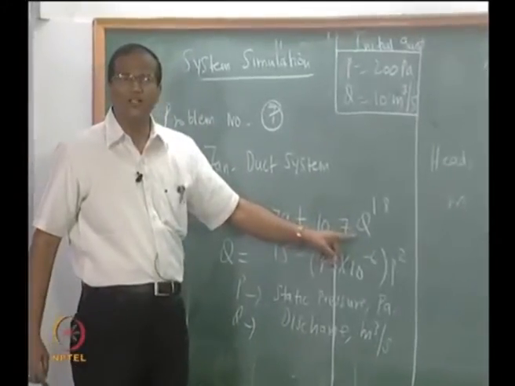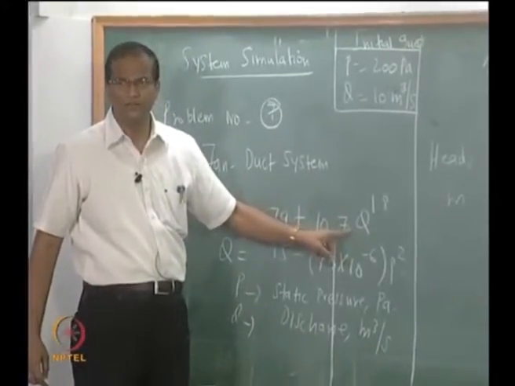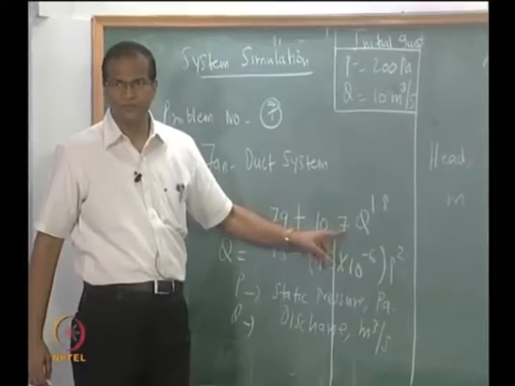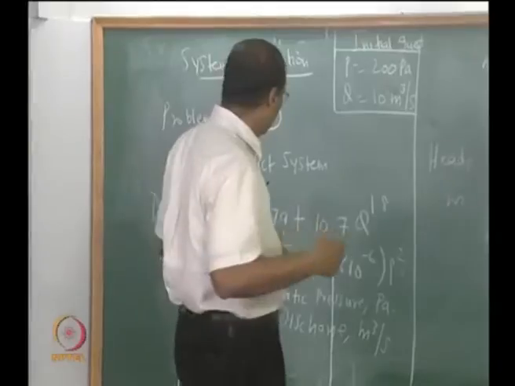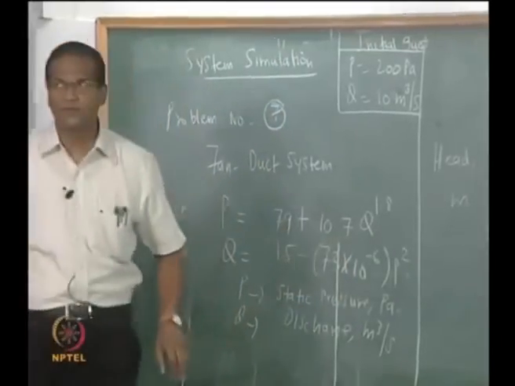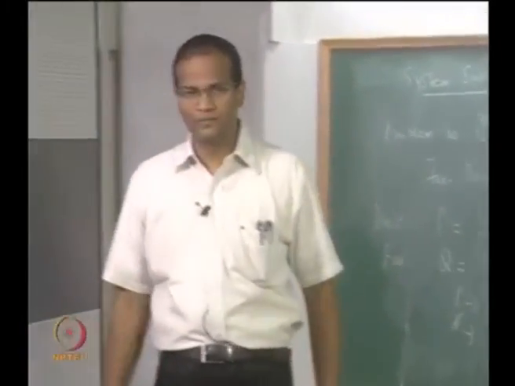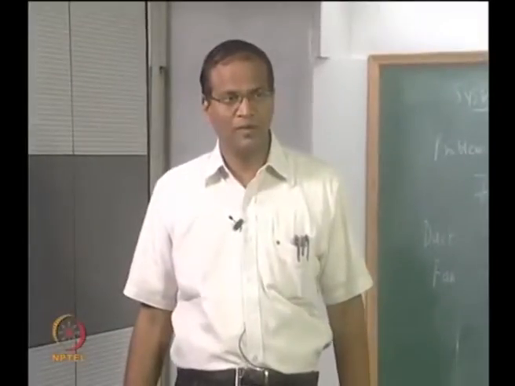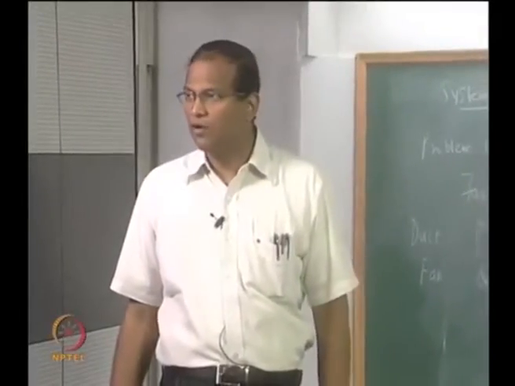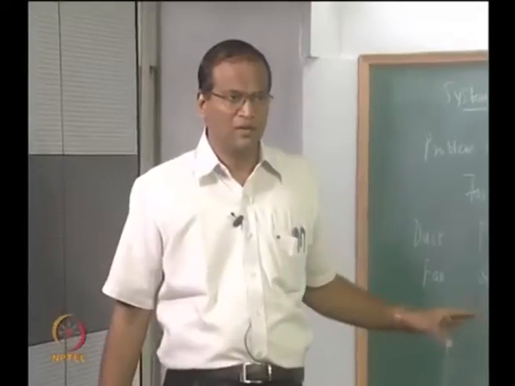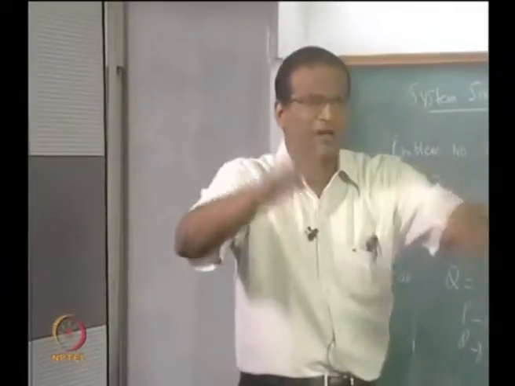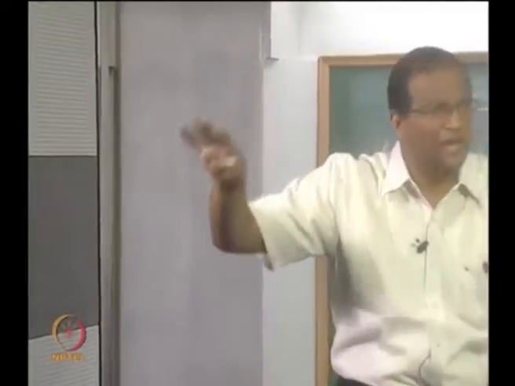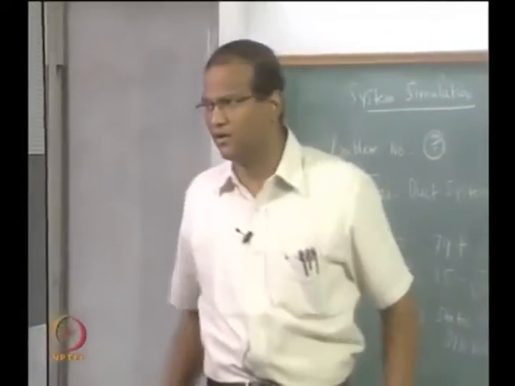Any guesses on how you got this Q to the power of 1.8? Correct, regression. What is the physics with this 1.8? Because of the diameter, 4FL V squared. Diameter is fixed, no? I usually fix the dimensions here. It could be the diameter of a pipe, or the hydraulic mean diameter if it is a rectangular duct or a non-circular duct.